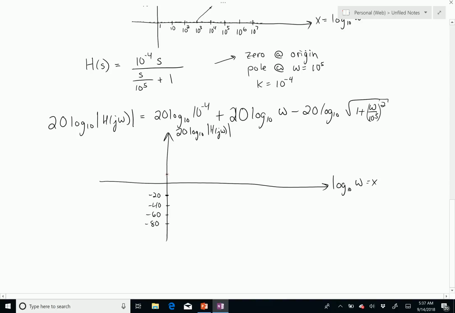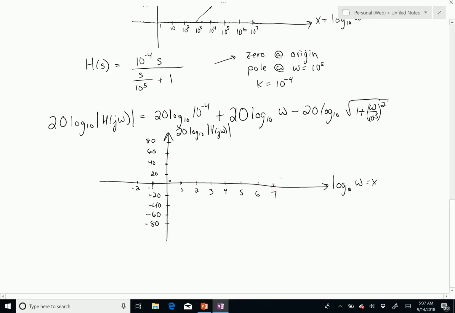And I'm going to draw up here 20, 40, 60, 80. Okay? And on the x-axis this time I'm going to draw some negative values. Minus 1, minus 2, 0, 1, 2, 3, 4, 5,